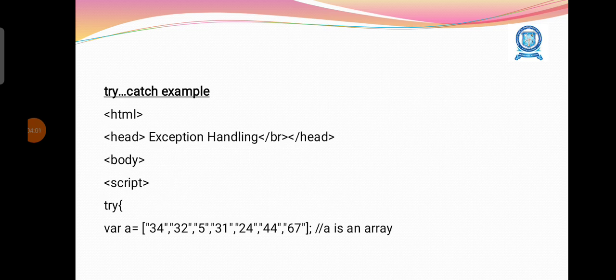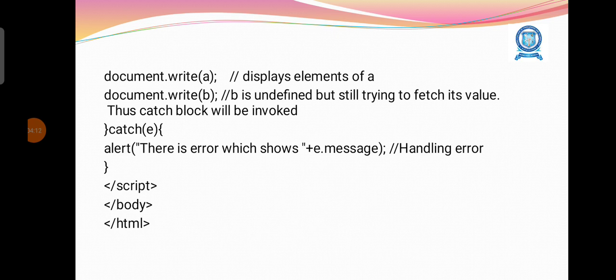So this is the syntax. This is a coding example in our HTML document. Under the try block, we have defined an array with the name A. Then we are printing the elements of the array with the code document.write(A). And another statement we have, for example, document.write(B). Here B is an unknown identifier. A is a known identifier. We know A is defined as an array with some elements. But when we try to print B,